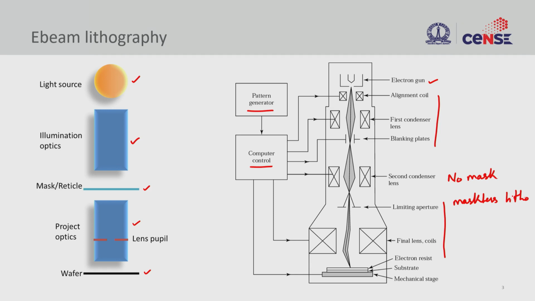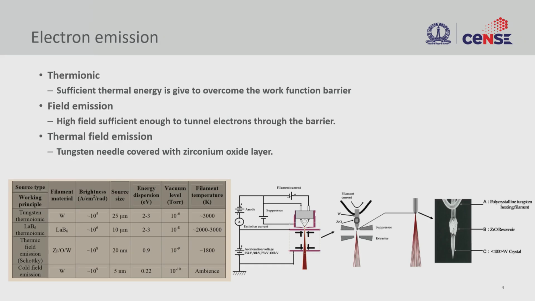Unlike optical litho where we do printing, here we do writing. So the right word to say is e-beam writing. So you use a pencil beam here to write the patterns. We will look at this configuration in a little more detail later in this lecture, but let's look at the first element